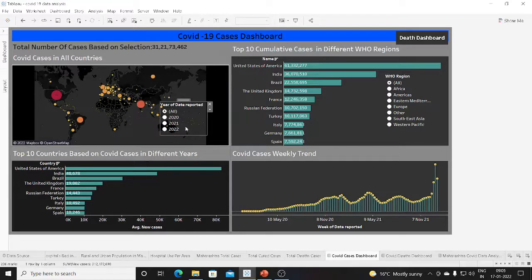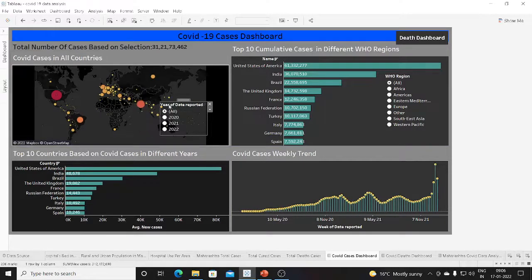So here are all the COVID cases in all the countries. Now if you want to see India, you can see the total number of cases is 360,70510, whereas in the United States of America, we all know that the main spread started after China, there are approximately 613,277 cases.